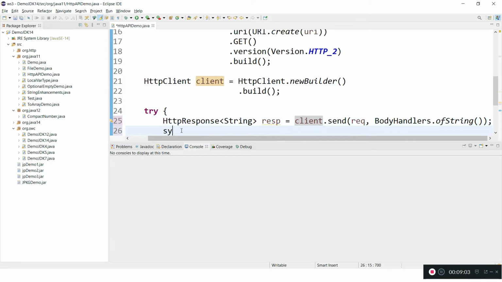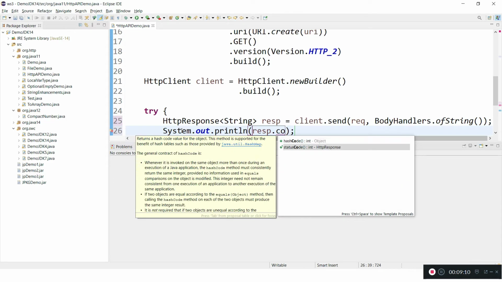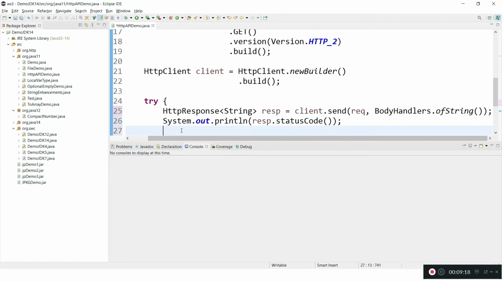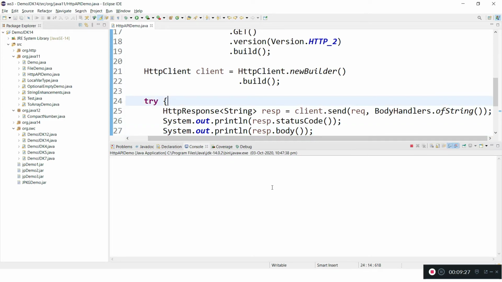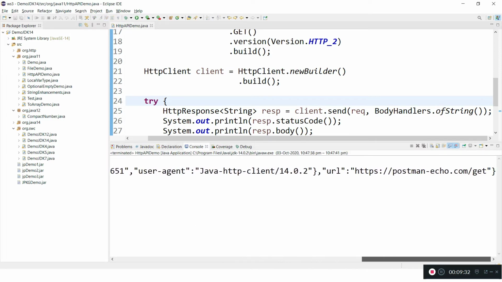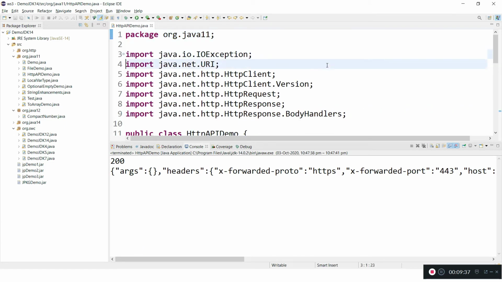Yeah, we have to analyze the response. So there is a code, status code, whether success or fail. Based on that code we can evaluate. The other one is we have to evaluate the response body. But let me run this one, we'll see if we are getting a proper response or not. Yeah, we are getting the response, but we are not passing any data. We were able to successfully send the request. Let me send the request.